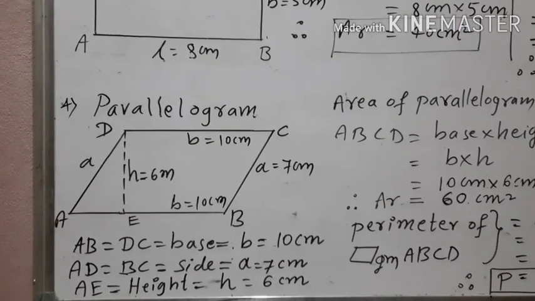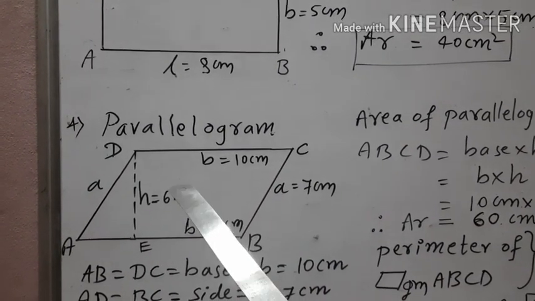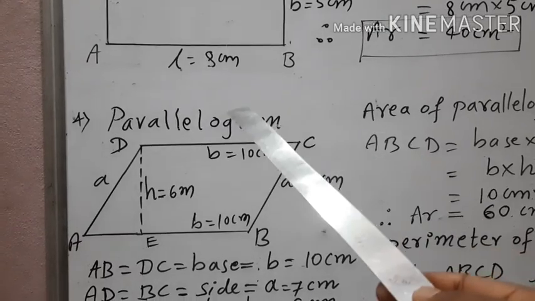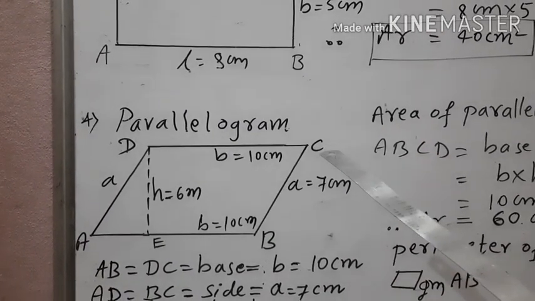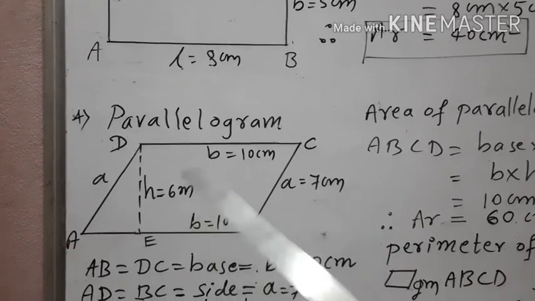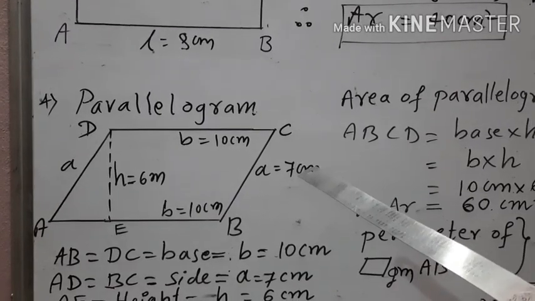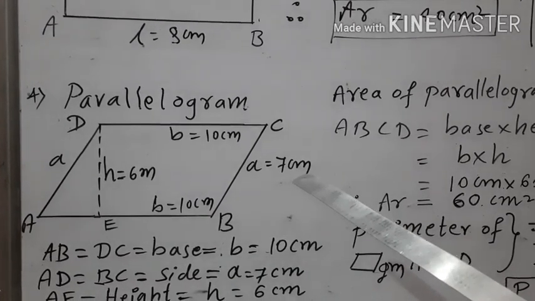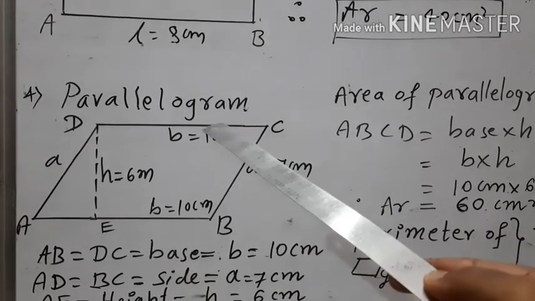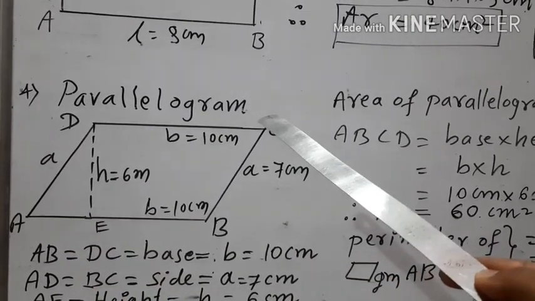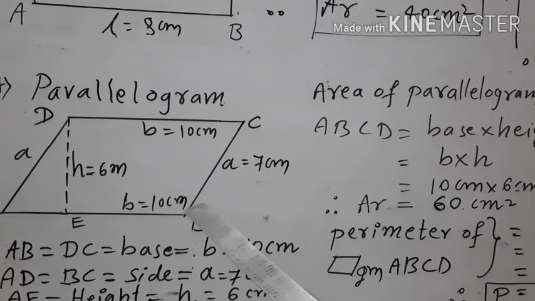Now let us see one more quadrilateral called parallelogram. See here children. Here ABCD is a parallelogram in which AB and DC are opposite sides which are parallel and equal. Similarly, AD and BC are opposite sides which are parallel and equal, right? But none of the interior angles are 90 degree there. But angle A and angle C are equal. Angle D and angle B are equal, right?